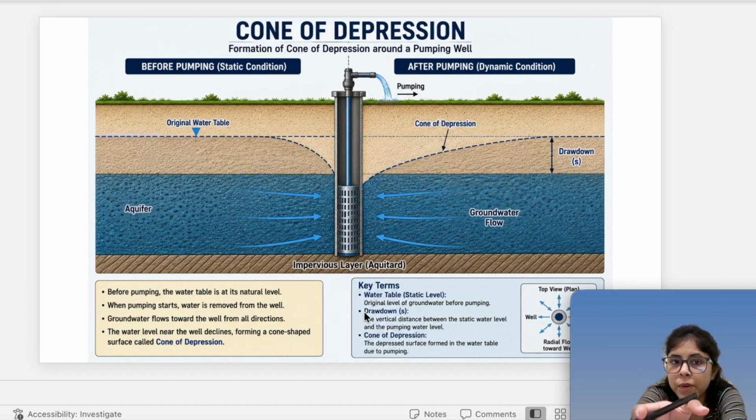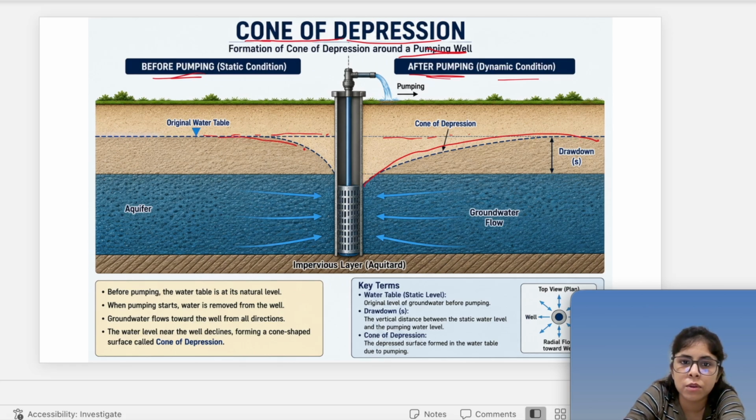So this is the one which I was talking about. This is the cone of depression. So the cone of depression is formed around the pumping well. Okay, so before pumping there was static condition. This is static condition. After pumping there will be dynamic condition. That means the water table will change with the distance. Okay, so this is the dynamic condition. So before pumping the water table is at its natural level, right? And then when pumping starts,